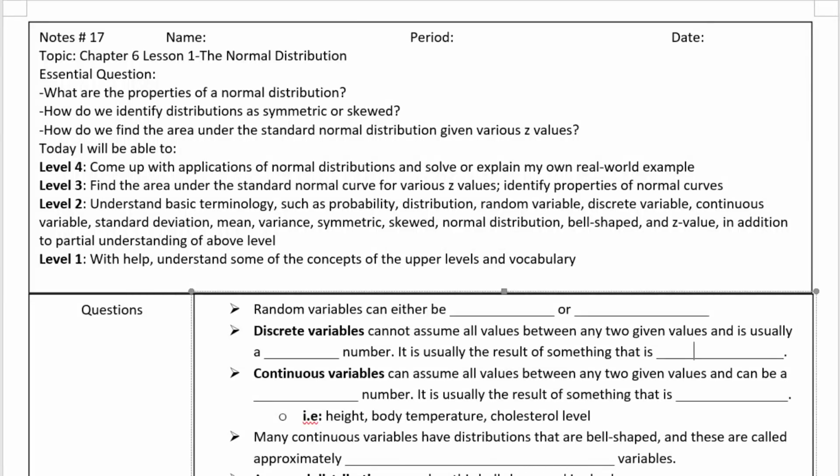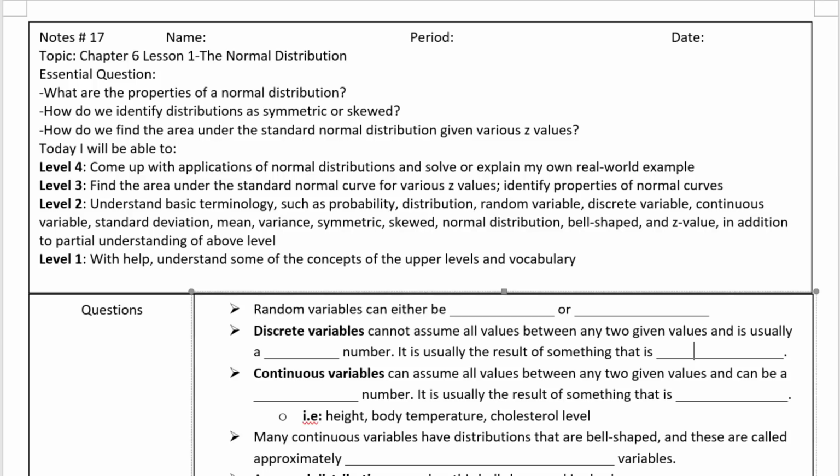Alright guys, in this lesson we're going to do an introduction to chapter 6, which is about normal distributions. Before, in chapter 5, prior to the break, we talked about discrete distributions such as the binomial distribution. Now we're going to look at continuous distributions, and one of them is the normal distribution. This is the special one that we'll focus on because there are so many applications of it in probability and statistics. So we're going to look at the properties of the normal distribution,